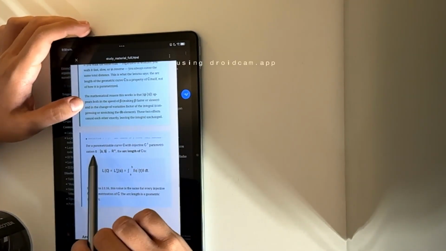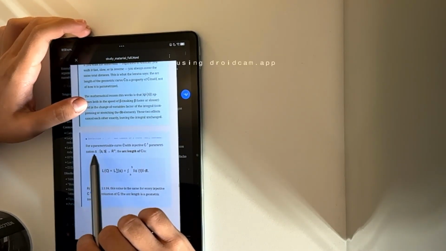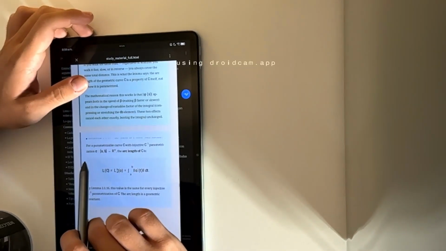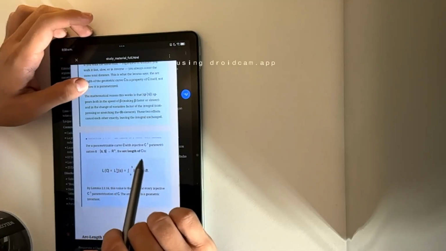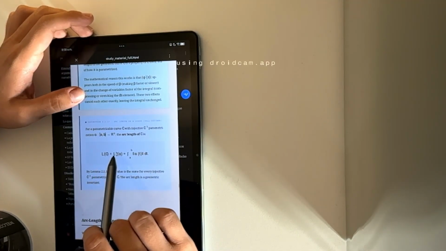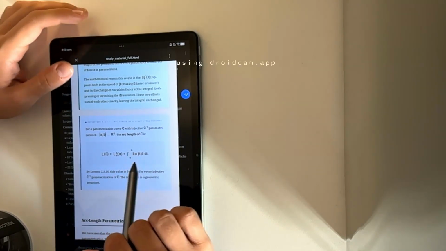Definition: arc length of a curve. For a parametrizable curve C with injective C1 parametrization alpha from a, b to Rn, the arc length of C is L of C equals L from a to b of alpha, which equals the integral from a to b of the norm